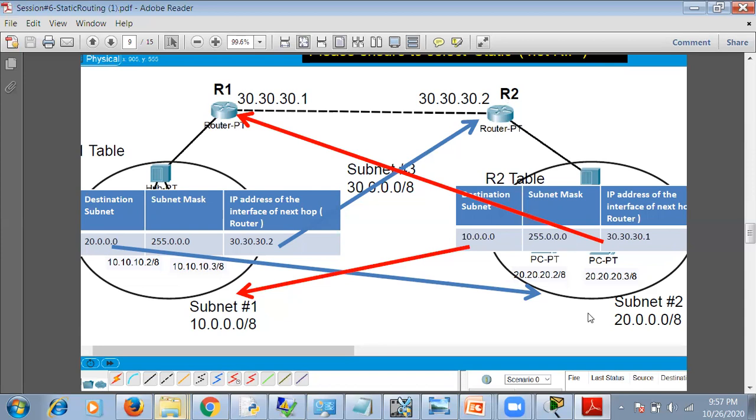Now in R2, suppose this LAN, or subnet 2, has to send a message to the previous LAN 1. Then the network address is here, the mask is here, and it has to go through router 1. So the router IP address has to be placed here. This third column tells you the next hop that has to be followed for a message to travel. Based on the next hop, the packets are forwarded. If more networks are connected, then more addresses have to be placed here. So the next hop will tell you how the packets have to be forwarded.